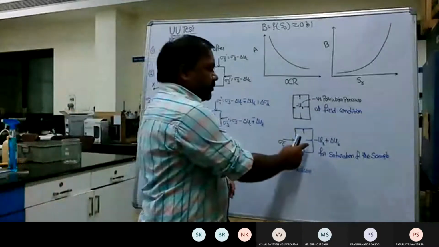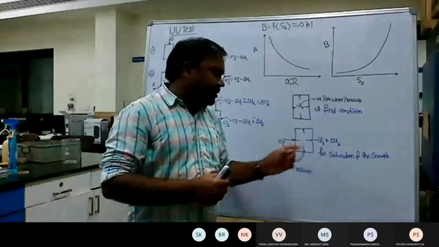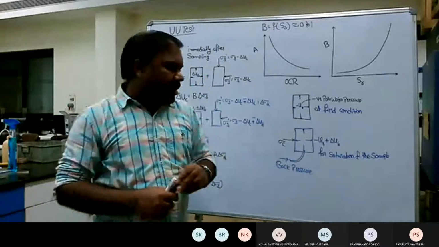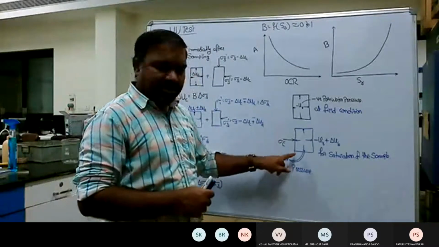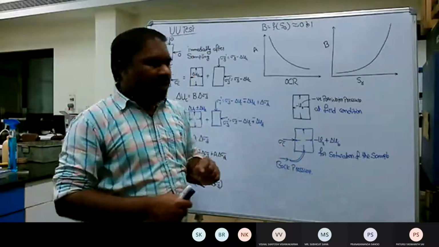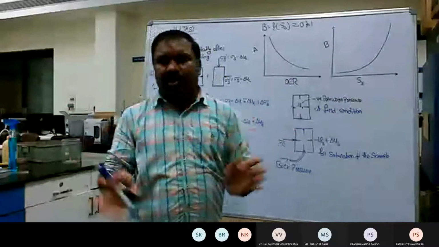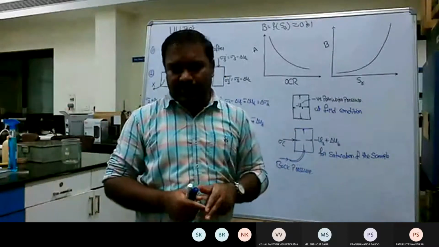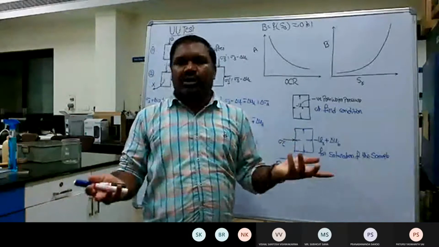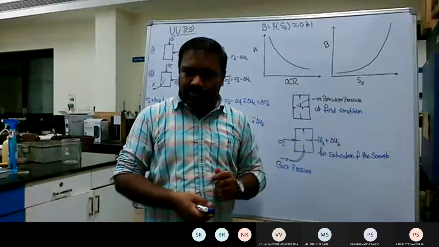Okay, let's see. For example, when you conduct this triaxial testing, you insert the compacted soil sample into the rubber membrane. Now suppose when you are applying the back pressure without taking care of the sigma c, because of the pressure the sample might get separated from the rubber membrane. It will simply float in the water. When the sample is simply floating in the water, there is no triaxial testing, so the whole test is flopped.